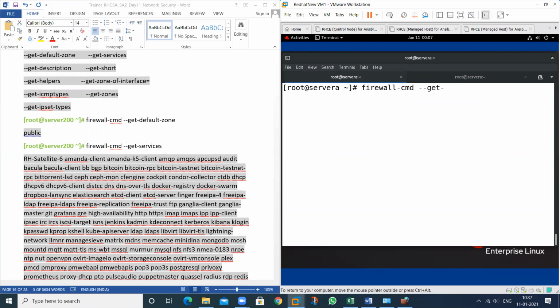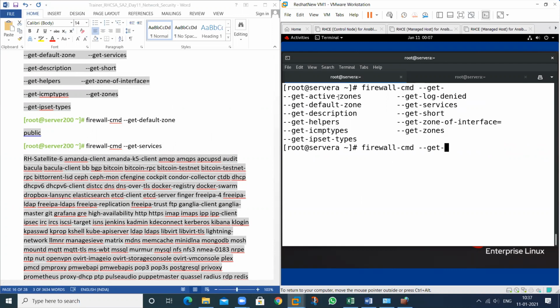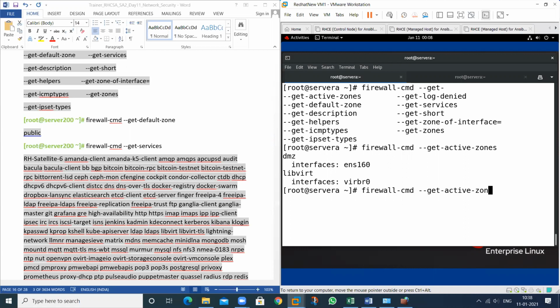So what are the important commands related to get? These are mostly used, and sometimes we use services and get zones information. And if you want to check the interface information, you can also use this particular command. So get active zone, this is my active zone. What is your default zone? You can check. So this is your default zone.